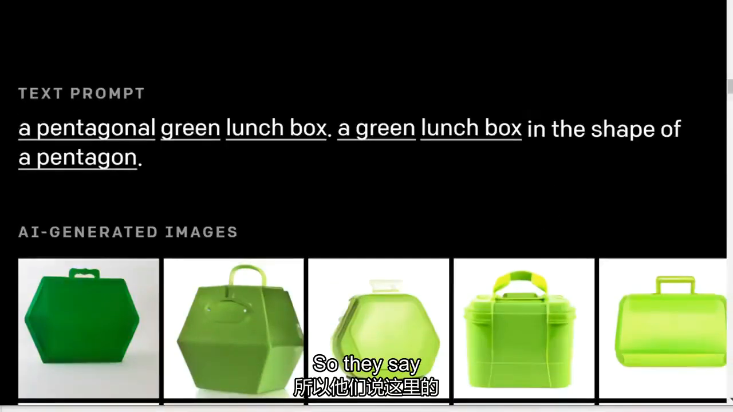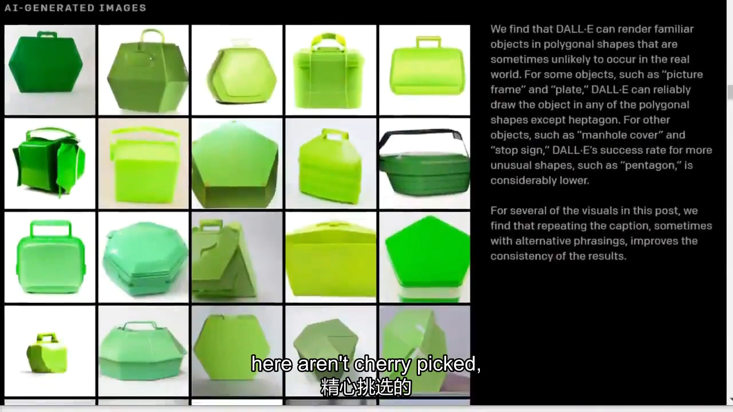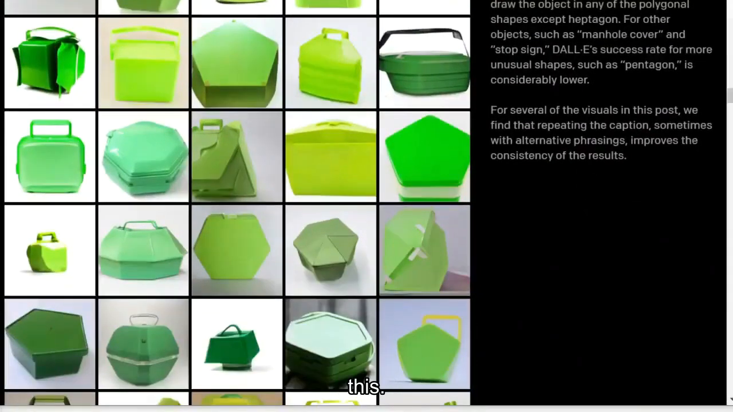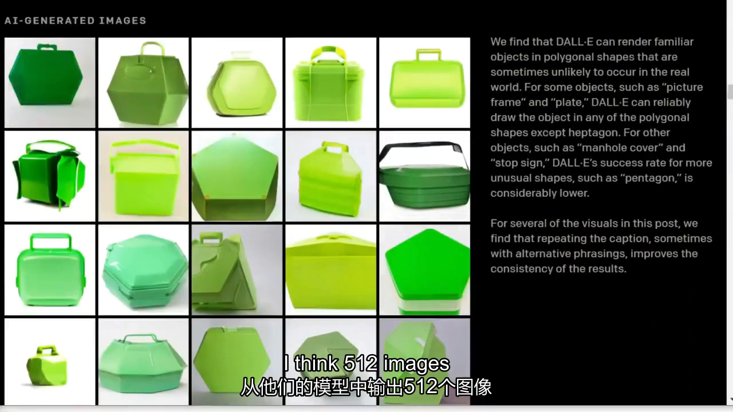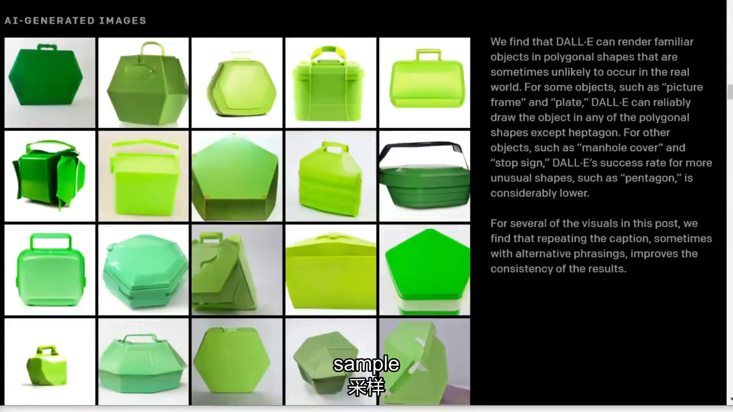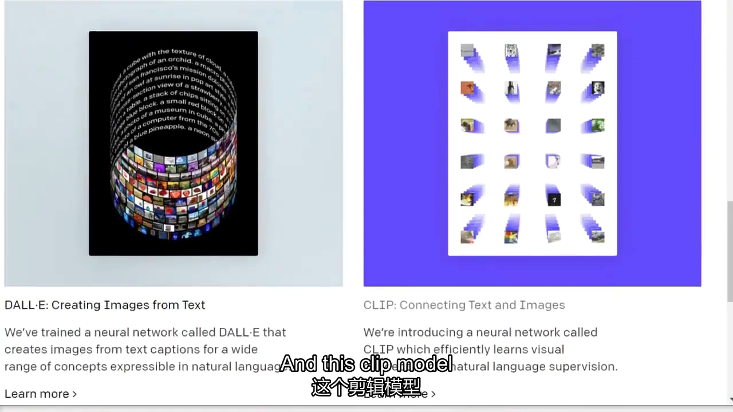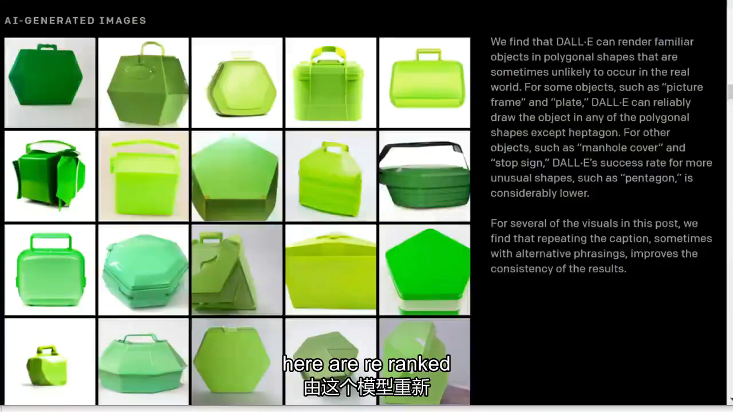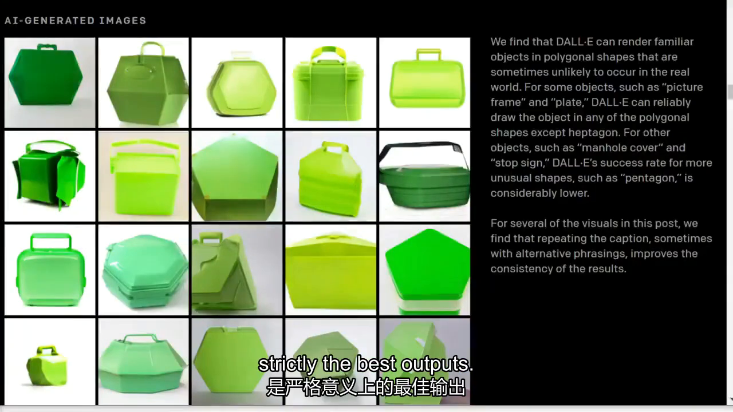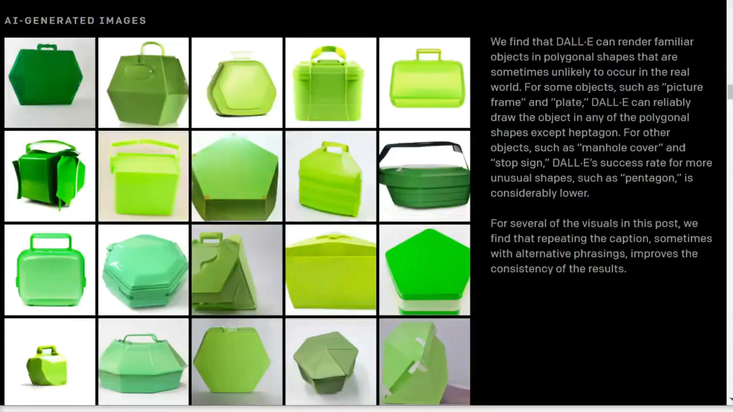So they say that the images here aren't cherry-picked, and I totally believe this. They have a little trick that they do. They output, I think, 512 images from their model, because they can sample, and then they re-rank them using this other model that they've released, this CLIP model. And this CLIP model is a pretty good re-ranker. You give it a piece of text and an image, and it tells you how well they fit together. The outputs that you see here are re-ranked by this model, so what you see are strictly the best outputs according to that model. So it's not cherry-picked by humans, but it's cherry-picked by a very good